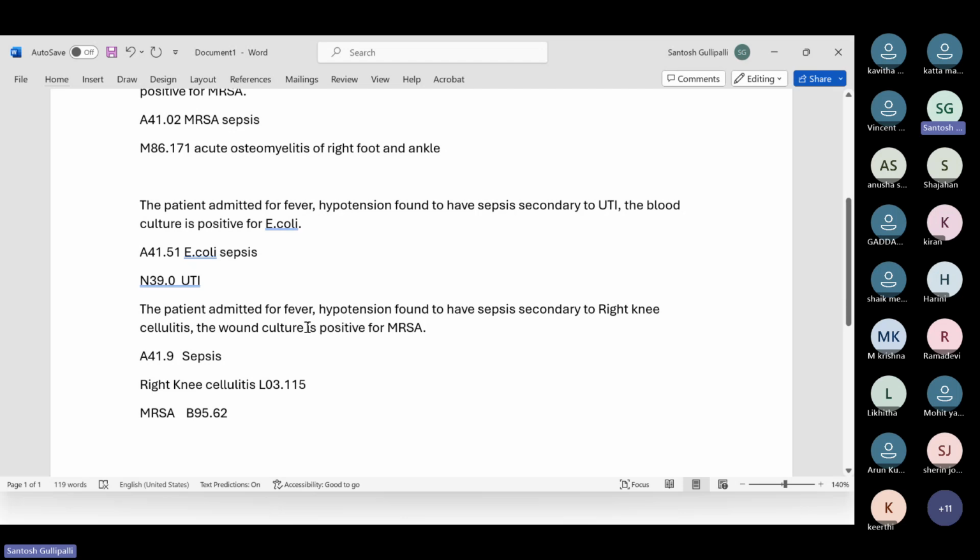So in the same example, the wound culture and blood culture, the blood culture is also positive for